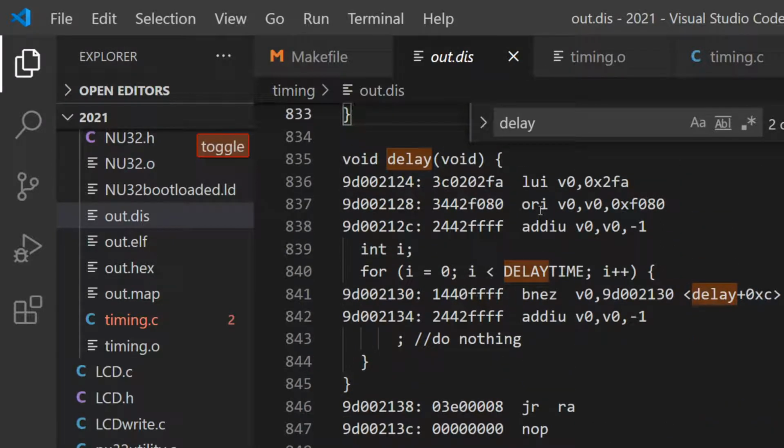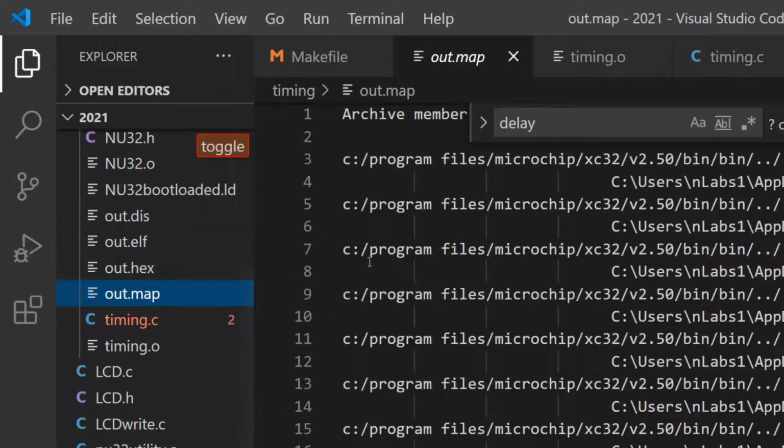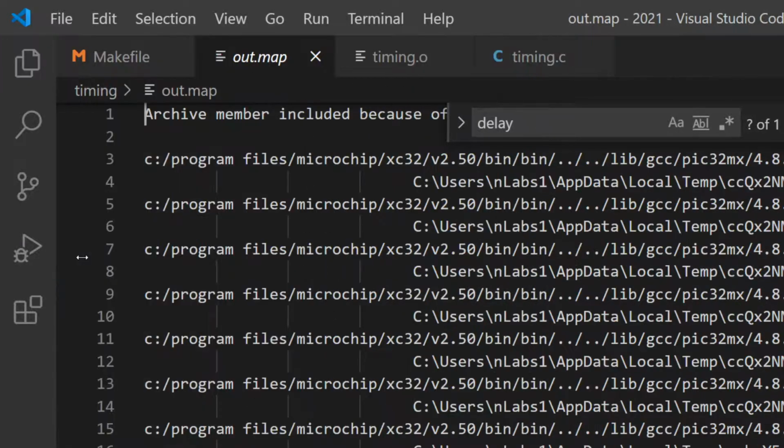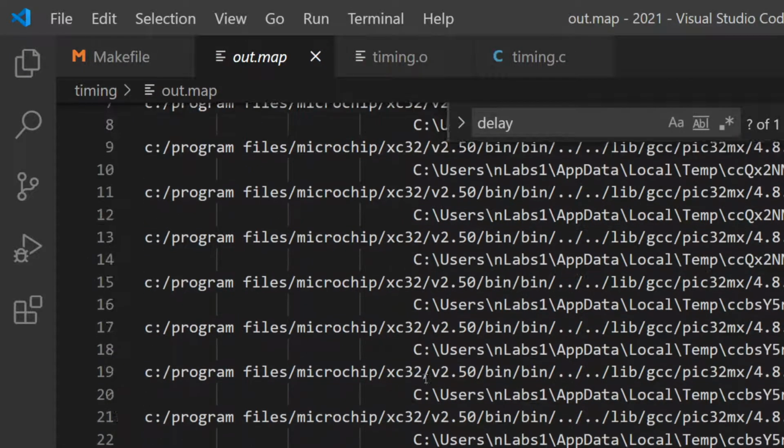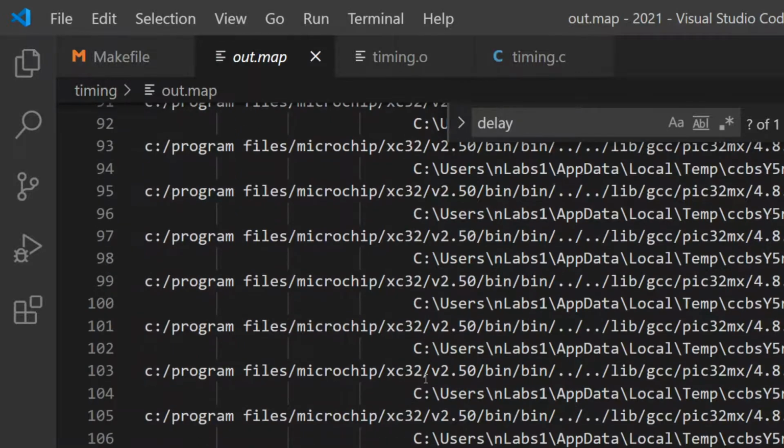So when you're specifically trying to find out how long it takes your code to run, this is one way to find out. Look at the disassembly. While we're here, let's take a look at this map file. The map file is kind of a parallel to the disassembly file. It's going to show a whole lot of memory addresses